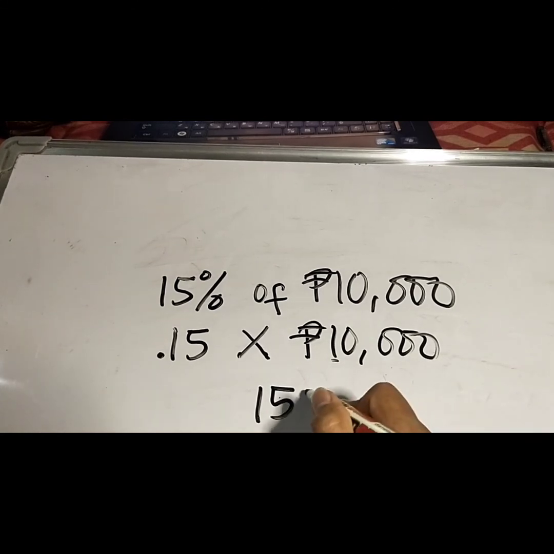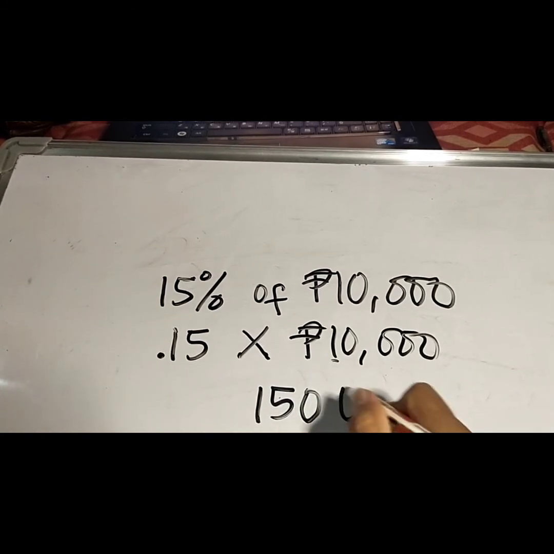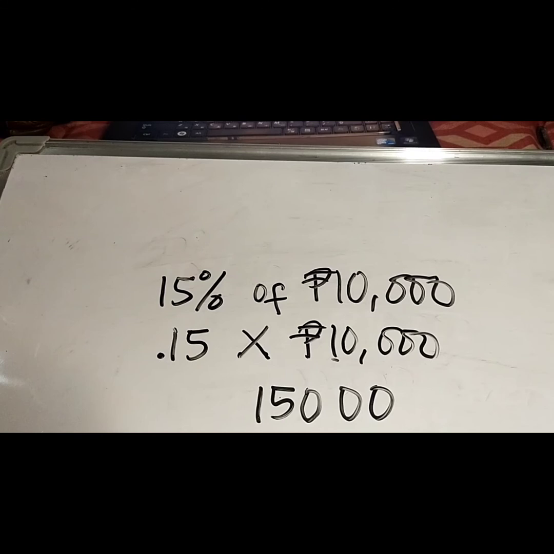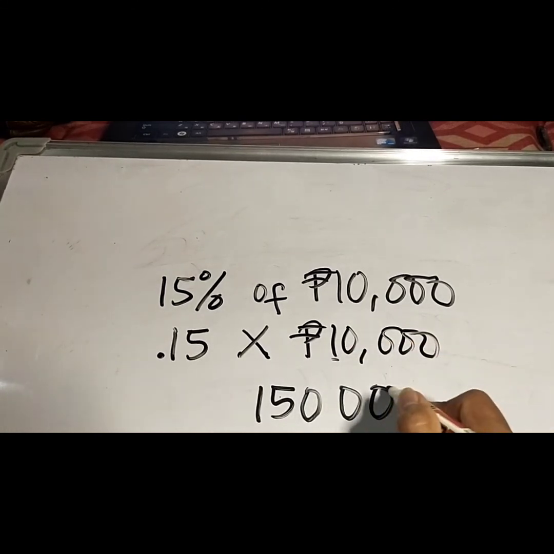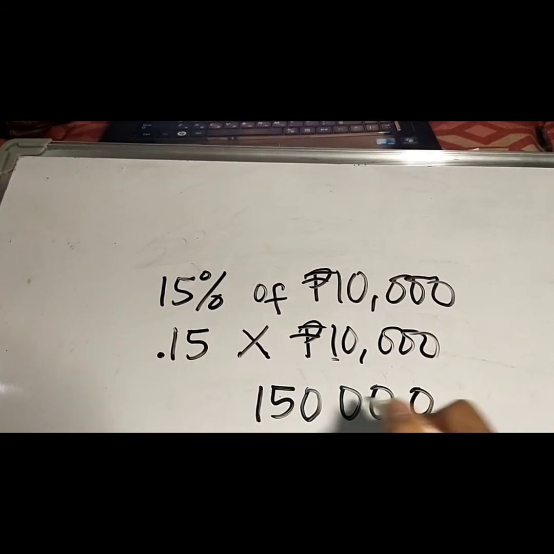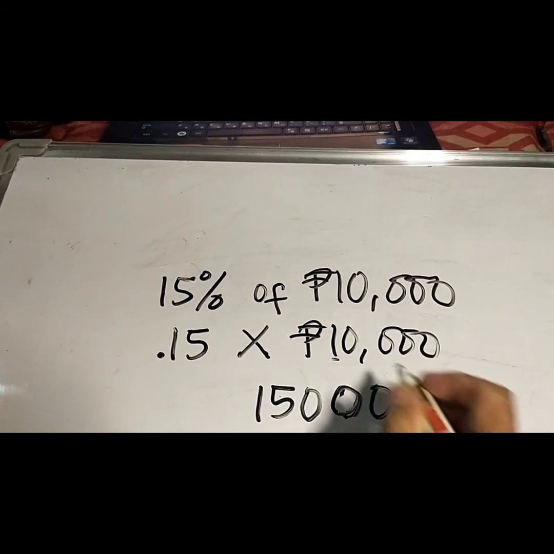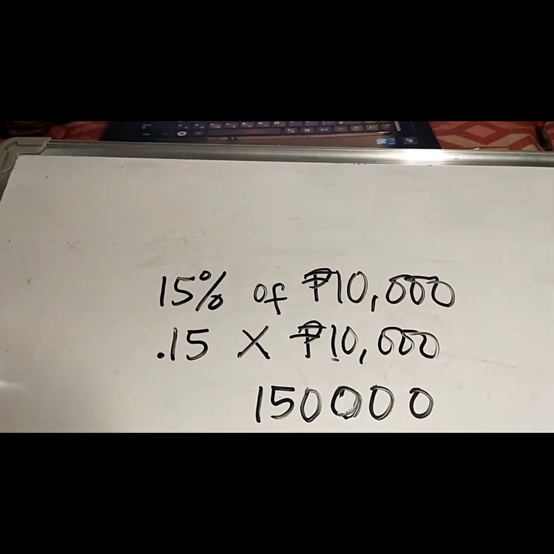1, 2, 3. 4 pala. 4 zeros. 1, 2, 3, 4. So, count the decimal places. 1, 2, 1,